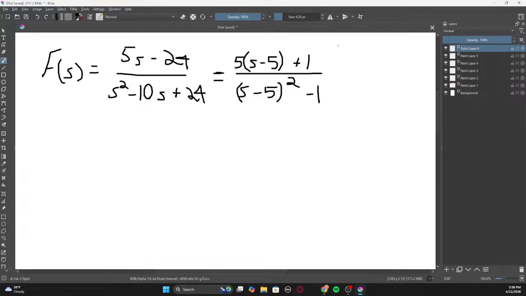This one's kind of nice because we could just split this up. So we have 5 times s minus 5, and then minus 1, plus 1 over